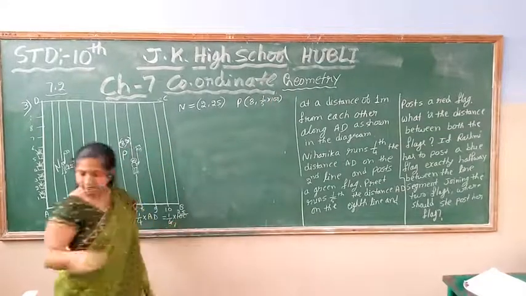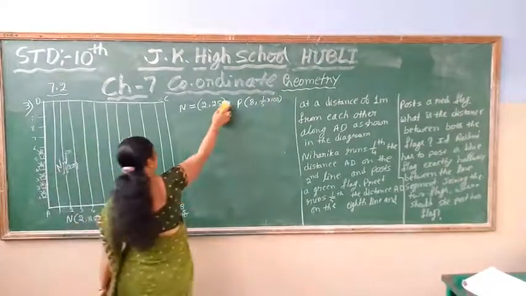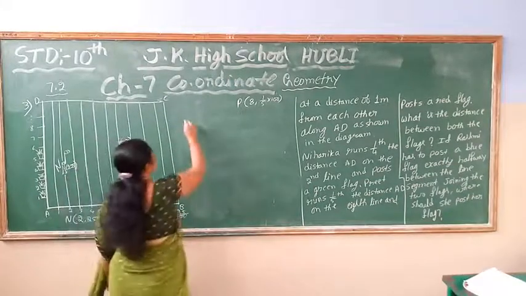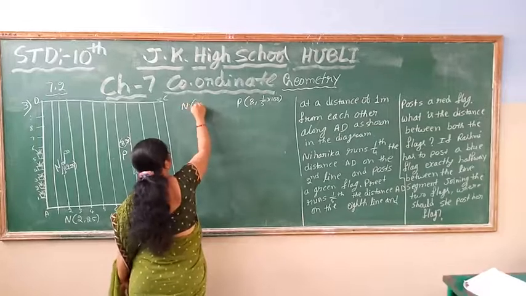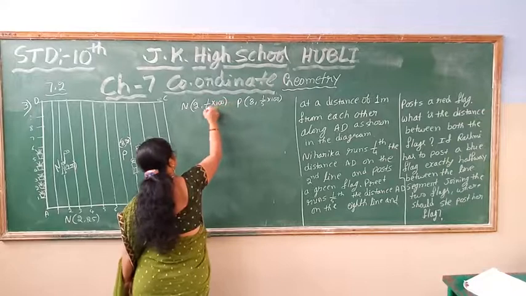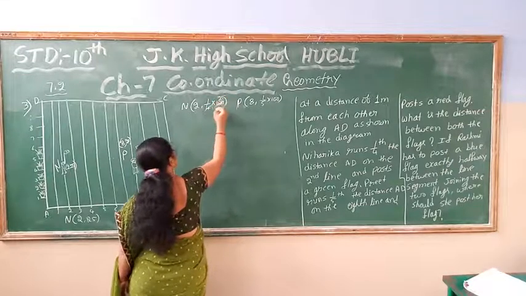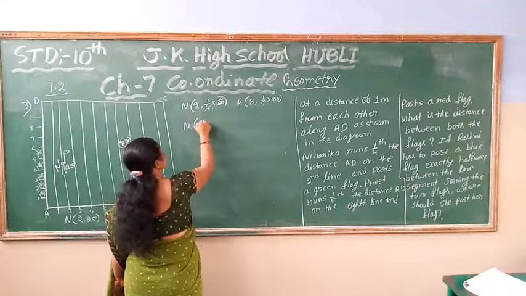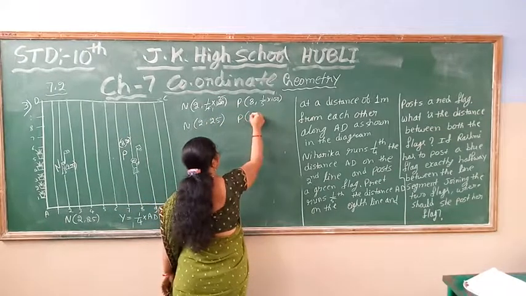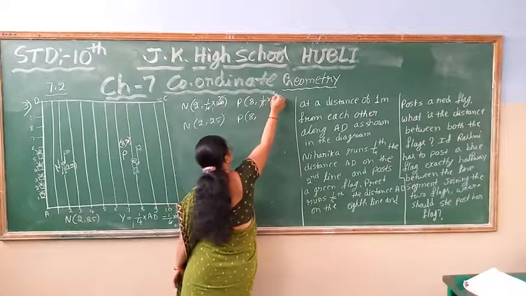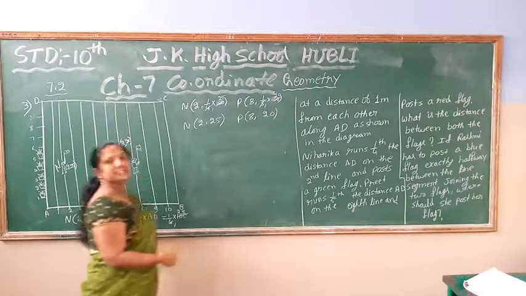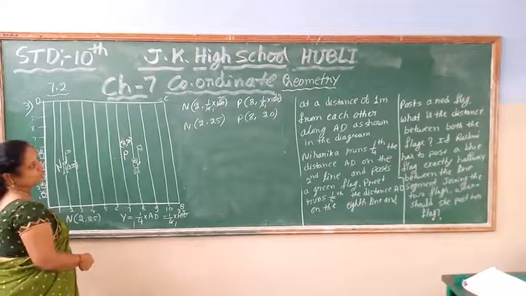You can write it here also. To avoid confusion, I am going to write it in that manner, and find out the coordinates of Niharika on the second line, at 1/4 the distance of AD. If I divide, 4 ones are 4, 4 twos are 8, 25 is 100. So Niharika's coordinates become (2, 25), and the other coordinates become (8, 20). So these are Niharika's coordinates and the other coordinates.